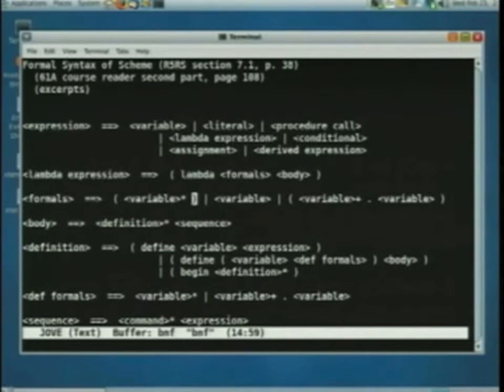So that's the syntax for a fixed number of arguments. Or a single variable not in parentheses, which means the variable number of arguments notation with no fixed arguments. Or this hybrid thing where we have open parenthesis, followed by 1 or more variables, which is what this plus sign means, followed by a dot, followed by a variable that's the rest argument, followed by a closed parenthesis, and so on. Okay? I'm not going to go through the rest of it, but this is the formal syntax of